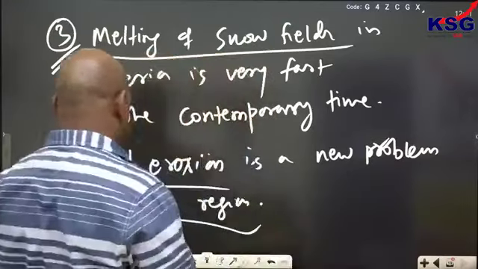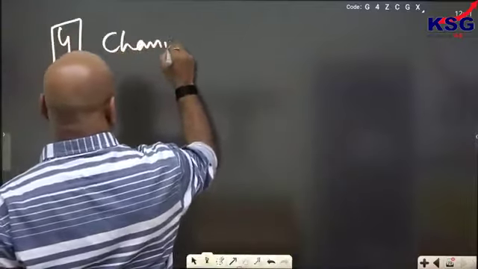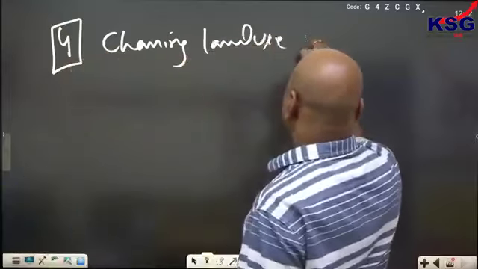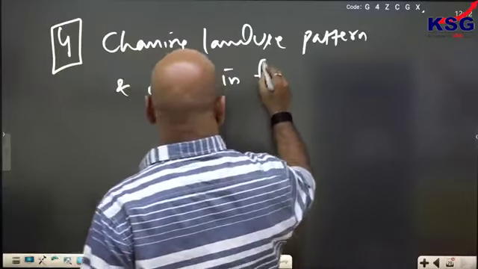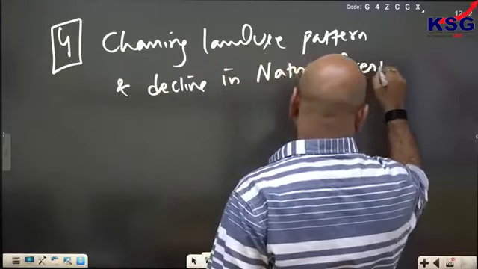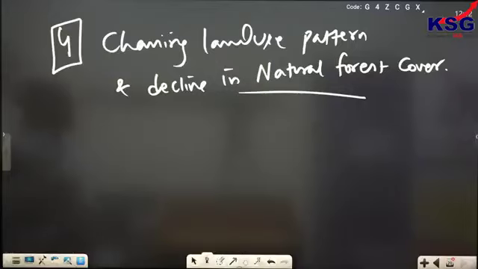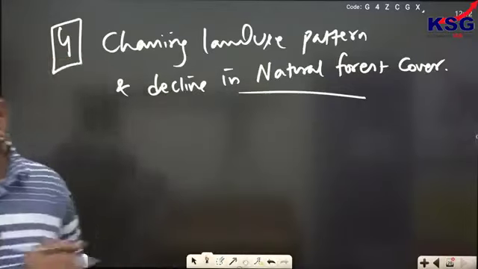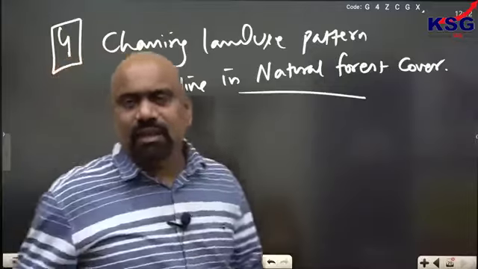So on another point, the fourth point, we can say that there is a changing land use pattern and decline in the natural forest cover. Changing land use pattern and decline in the natural forest cover. Okay, these are certain points on the challenges here. That is all for challenges. I'll now move on to the next